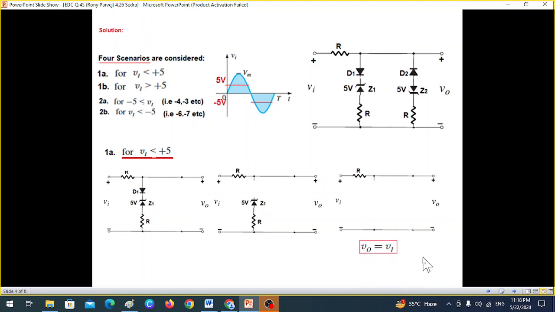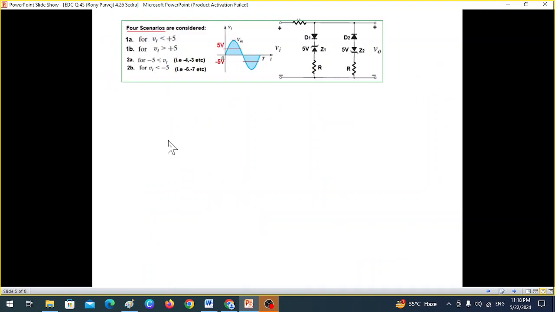So we write this relation for the first, I1A. Now we come to 1B. When the voltage is greater than 5 volt, the circuit remains the same. Now at greater than 5 volt, this diode or the Zener will start conducting,